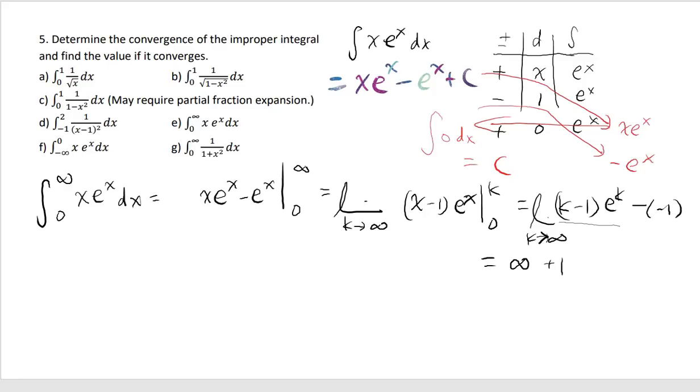And even if you have plus 1, that doesn't matter, because the entire thing goes to infinity. So that's how you solve E. Now, F is very similar, so let's try to do that also. Negative infinity to 0, x e to the x dx. Same deal, it's the same integral,